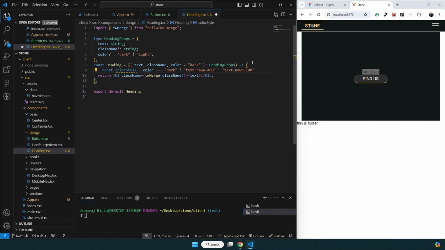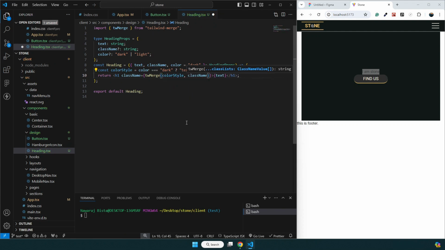Or let's say this is 500, something like that is better, I think. So if we need a darker color, we can use this, or if we want a lighter color, we can use this, and we have to use that color